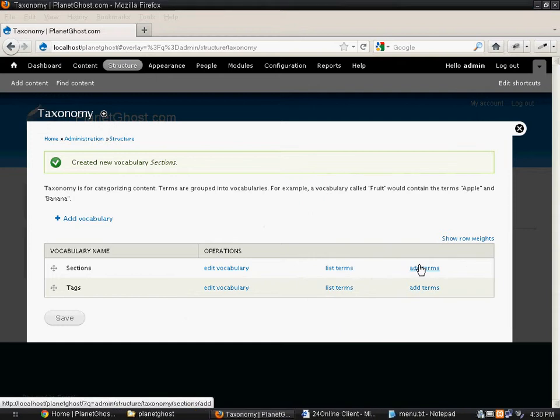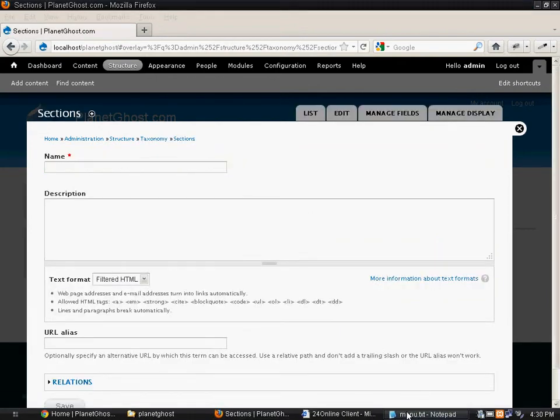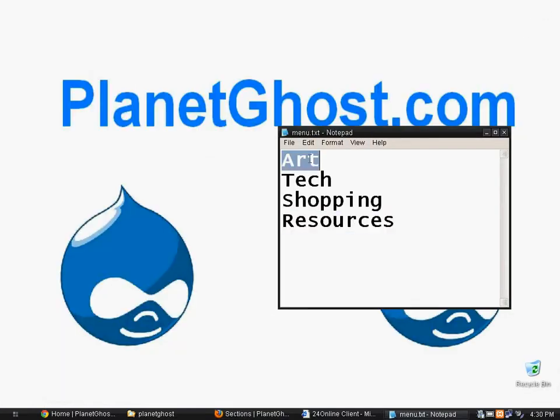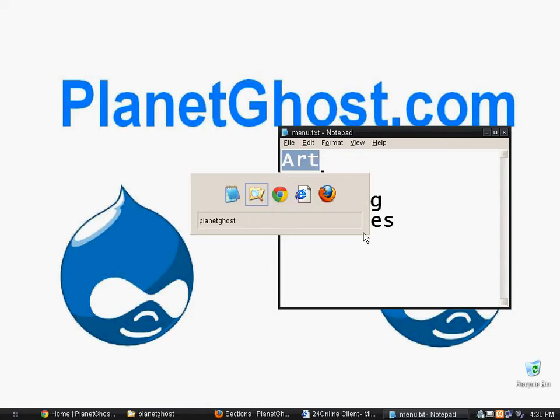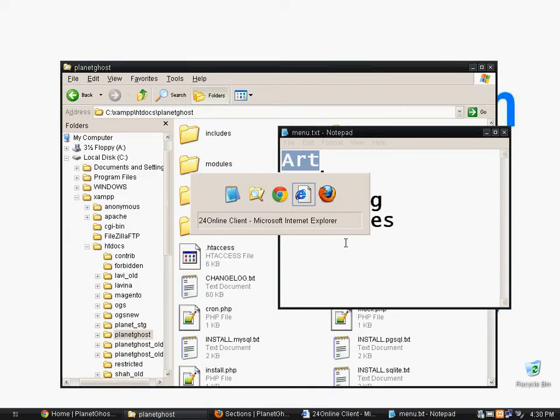Now we will add terms to this vocabulary. Terms are nothing but the names we want. We have art, so we'll add a term with name art.